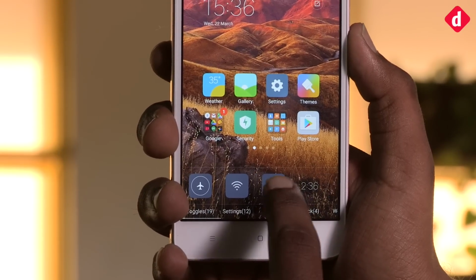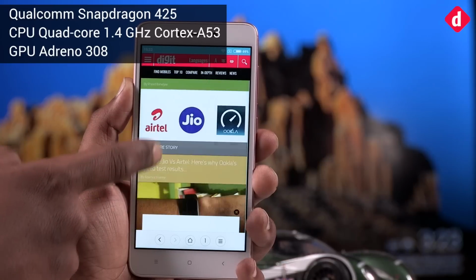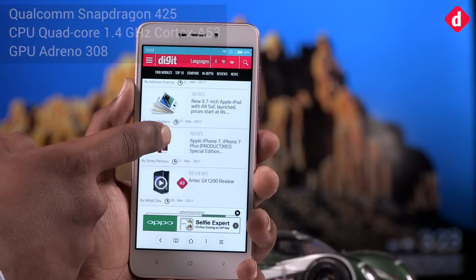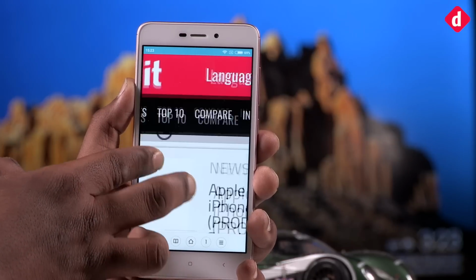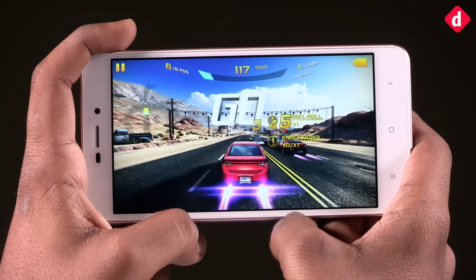Talking about the performance, this is actually our first encounter with the new Snapdragon 425 SoC from Qualcomm, which uses a quad-core Cortex A53 cluster clocked at 1.4 GHz and the Adreno 308 GPU. You can probably guess though that the Snapdragon 425 doesn't match up to the 625 and it's miles away from a 650 or a 652. However, it's still the best you can get in the market right now, and on the Redmi 4A you see